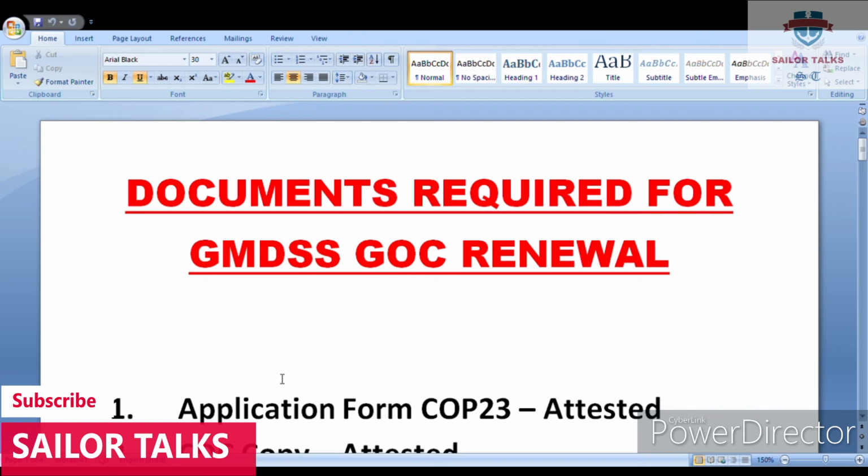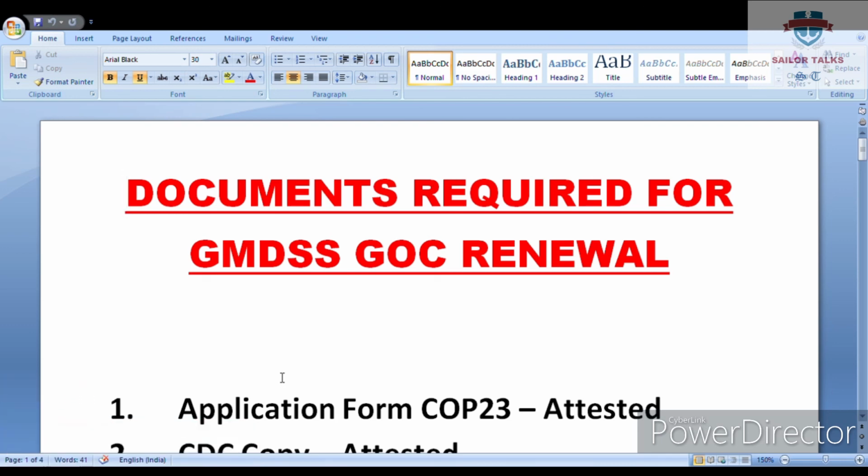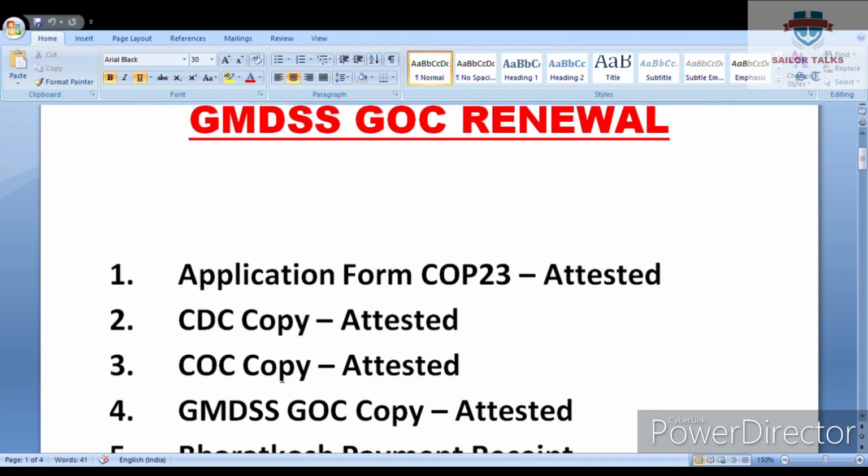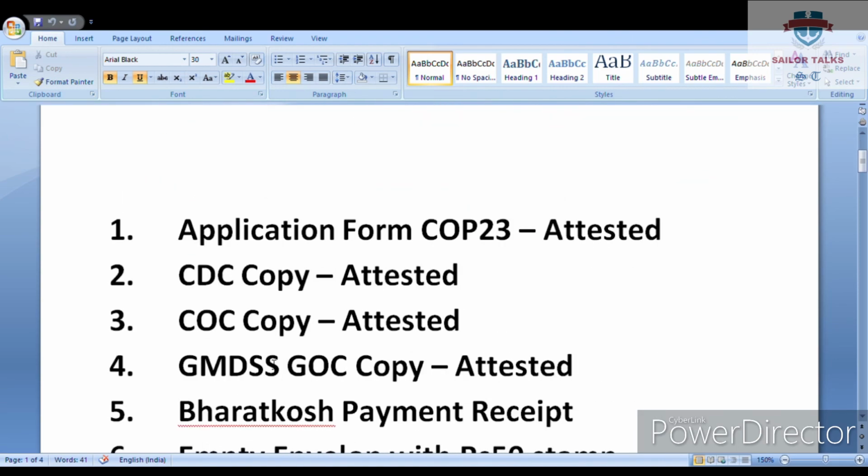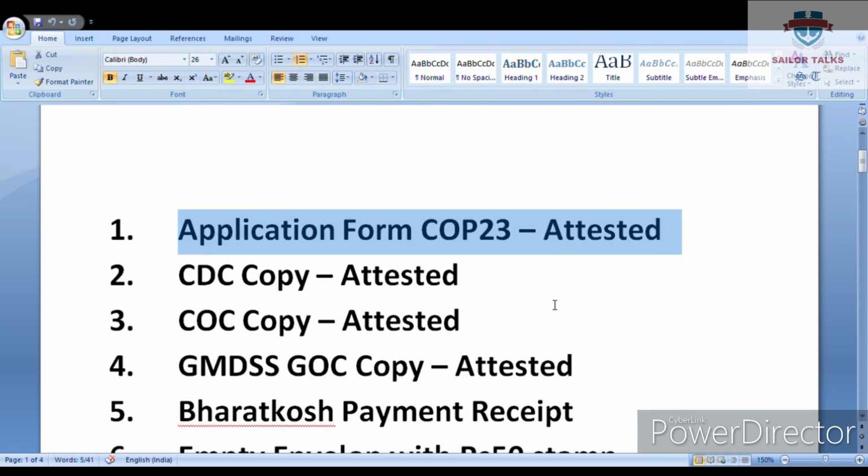Now let's see what documents are required for GMDSS GOC renewal. Because this application is offline, you have to fill up your COP23 and put it in an envelope along with certain other documents and send it to the concerned RLO office from where your GMDSS GOC was originally issued. The documents required are: first, the same Form 23, attested by a gazetted officer.